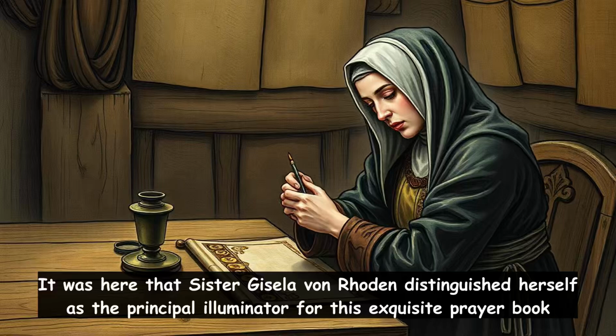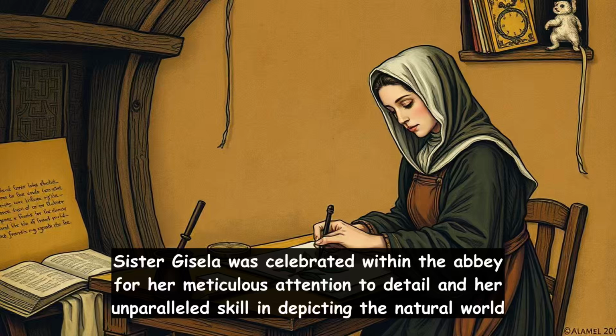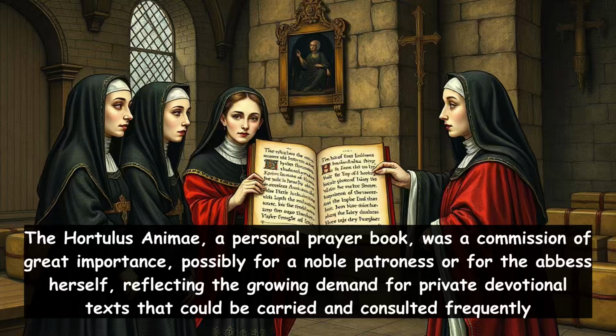It was here that Sister Gisela von Roden distinguished herself as the principal illuminator for this exquisite prayer book. Sister Gisela was celebrated within the abbey for her meticulous attention to detail and her unparalleled skill in depicting the natural world. The Hortulus Animae, a personal prayer book, was a commission of great importance, possibly for a noble patroness